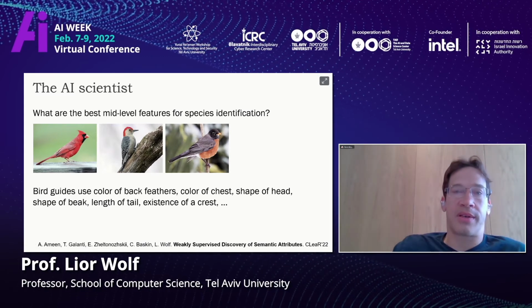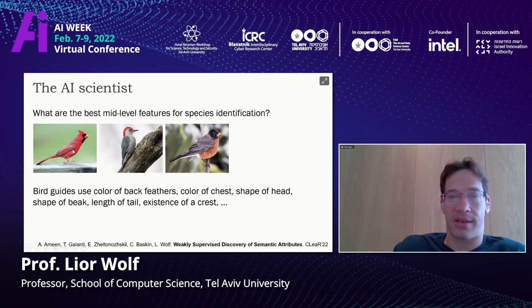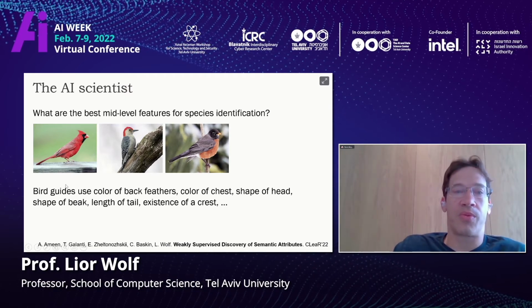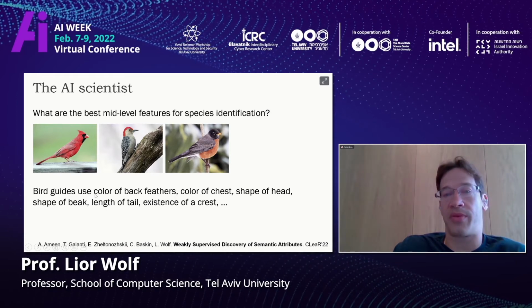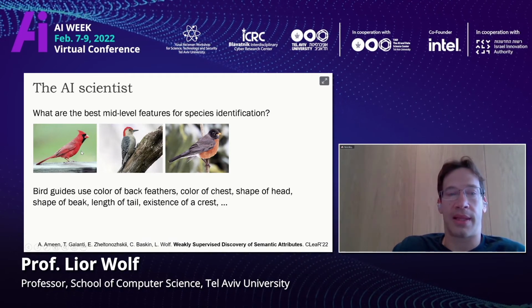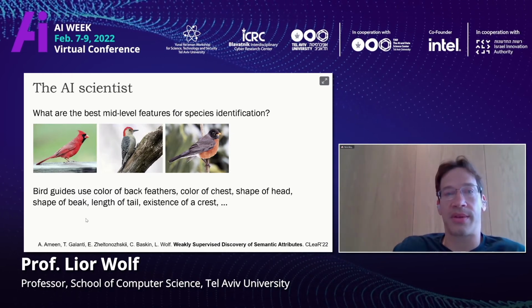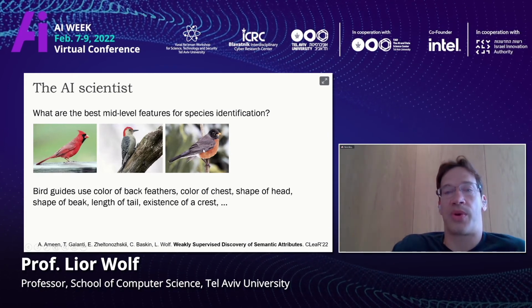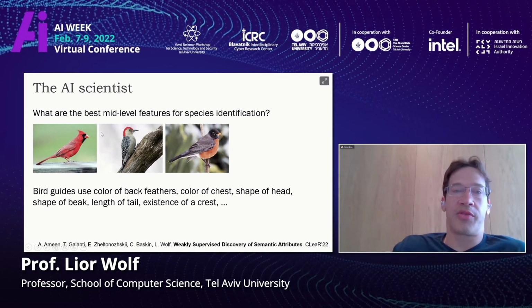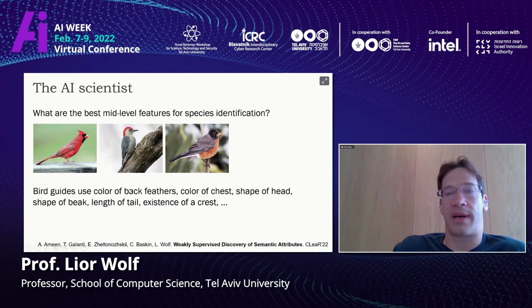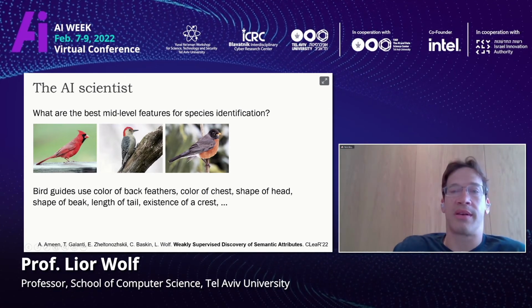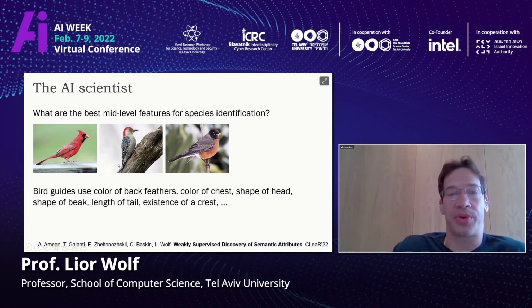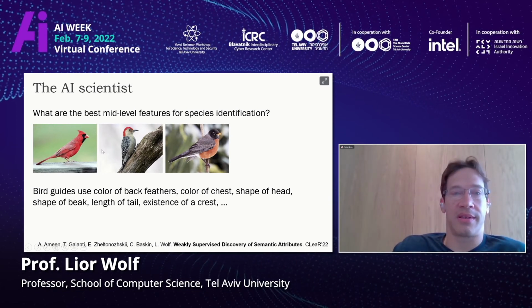We would like the computer to look at the classification task, basically just given images and the classification, and be able to come up with the important features, which we call mid-level features, not about pixels, not about the species, it's about the characteristics of each one of the birds that we can use to describe what is going on. And if the computer is able to come up with the color of the feathers, the shape of the head, and so on, then we know that we can trust it,